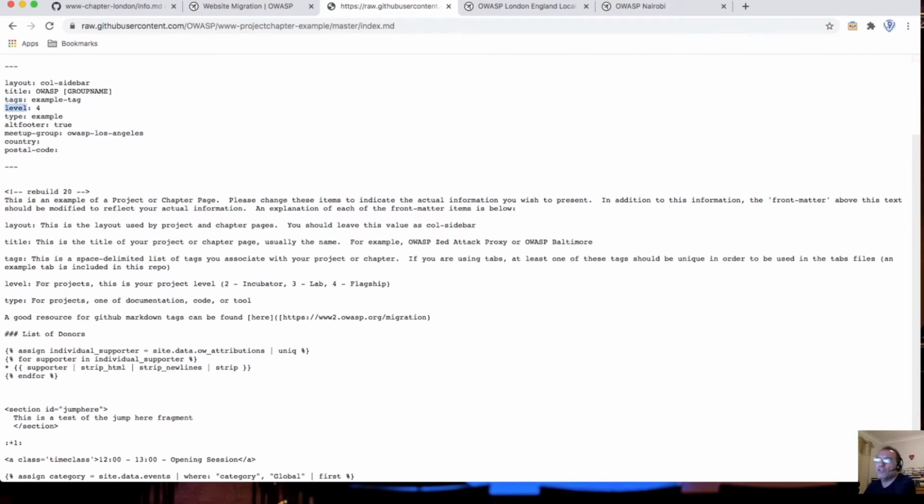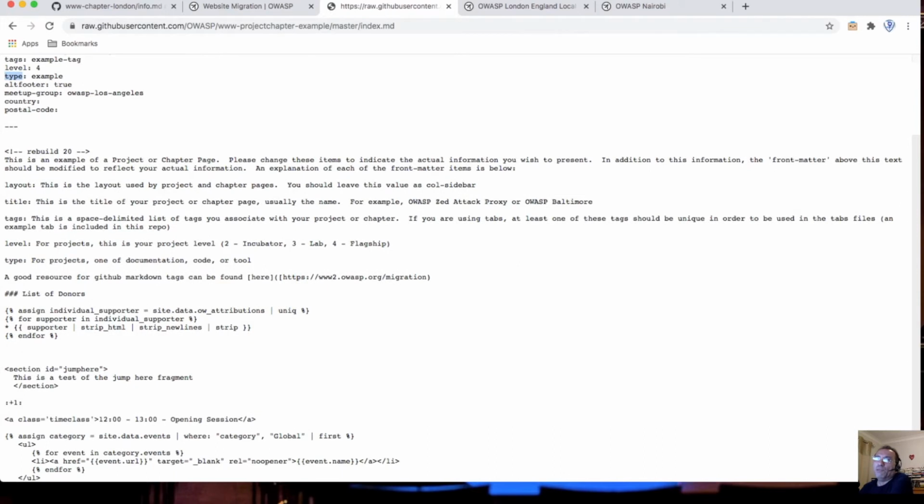Level is only relevant for projects, and this is a project level, for example, incubator, lab, or flagship. So for chapters, you don't need to include level at all. The next one is type. Again, it's a type of a project. This is irrelevant for chapters. And again, if you were editing a project page, this would be a type of a project, for example, a tool project or a documentation project.